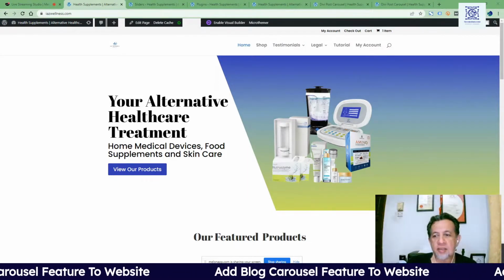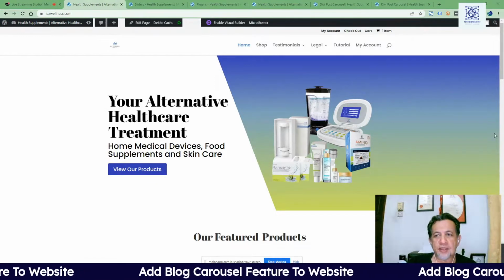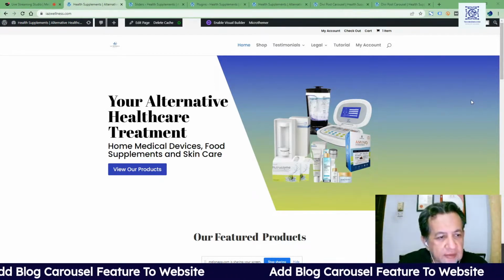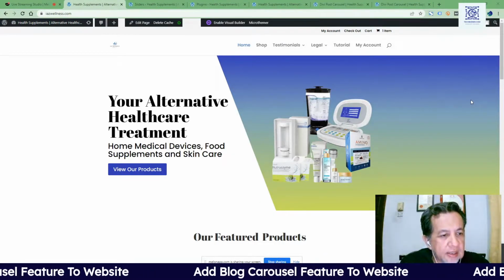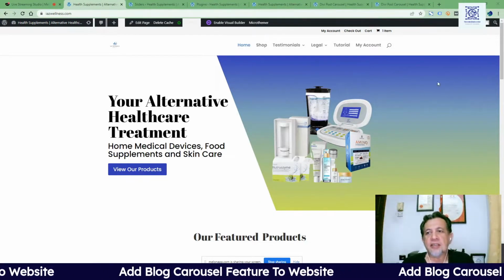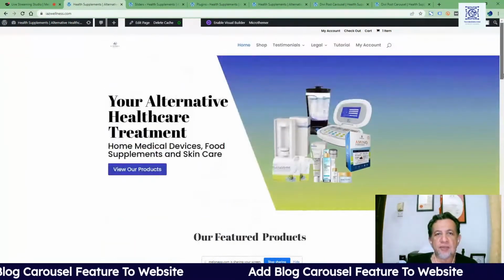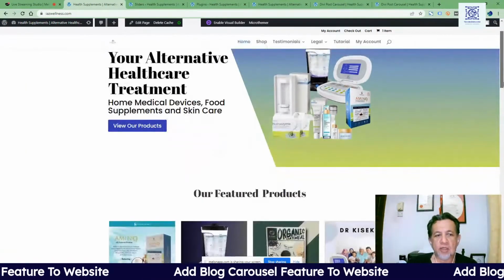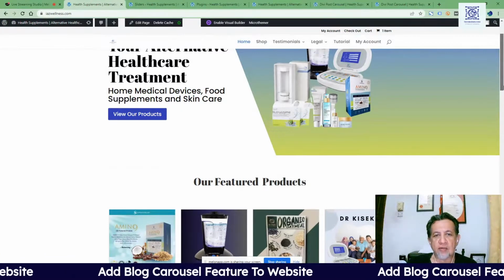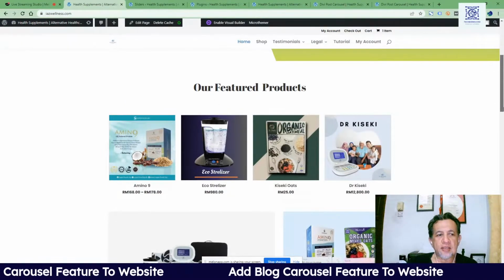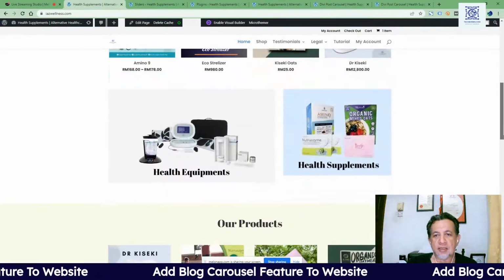All right, in today's video, what I'll be sharing with you is what I'm using for one of my clients' websites, which is a carousel for the post. I'm using a DB theme for this particular website. As you all know, I like DB theme. Most of my websites I'm using DB theme. As you can see on this page, on this website,